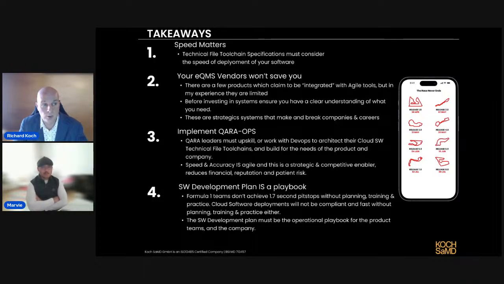So, pull request. I did a presentation a couple of weeks ago on pull request as the main control. Once you do that pull request, you merge your code. You need to be making sure that that ticket is compliant, is traced all the way back up to requirements, the documentation's done, whatever it is. And then you move on to the next branch. So, stack branches, but you're not stacking just code branches; when I say stack, I mean integration. You're integrating documentation branches, and you need to get to this incrementalism of your documents. It's really simple because we do it in our code, but we really need to support our QARA professionals.